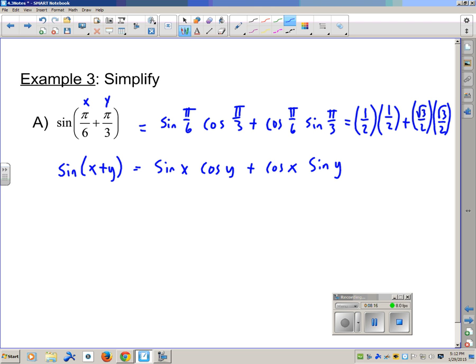So since that's true, now let's just go ahead and clean this up. What do we do? We can multiply our numerators, multiply our denominators, multiply our numerators, multiply our denominators. So square root of 3 times square root of 3 is the square root of 9, which is 3. The common denominator is 4. What do we do? We add our numerators together, write down the common denominator, reduce down the fraction if we can, and we get